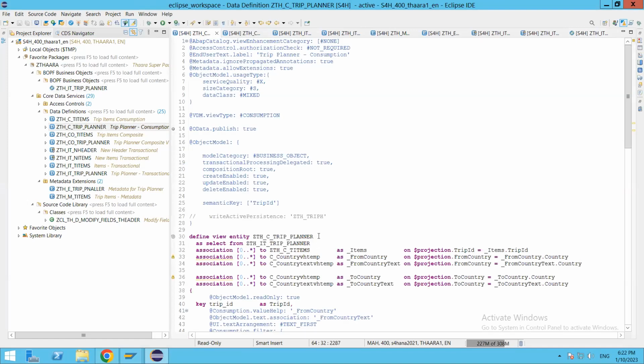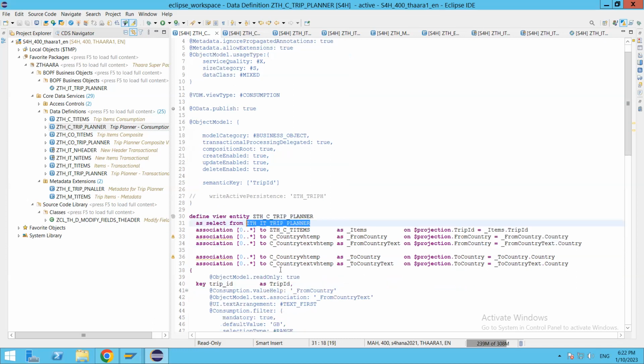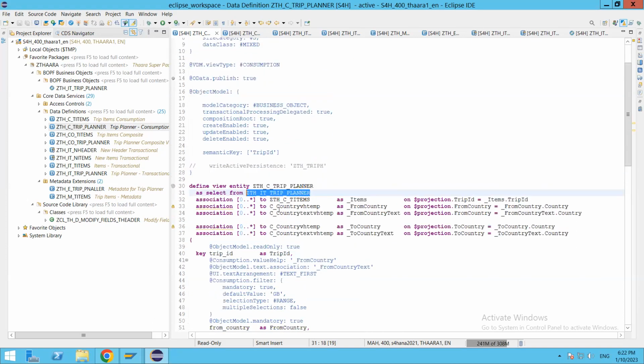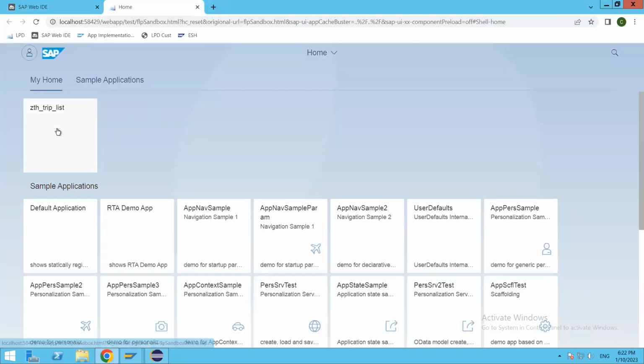They are still staying as they are, but my transactional views have been changed. So earlier it was with the name CO, and right now it is IT. I changed it to IT. And let me execute and see